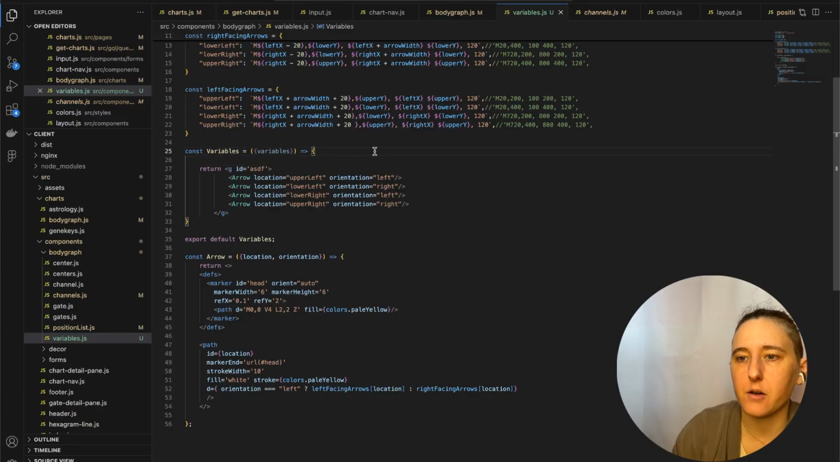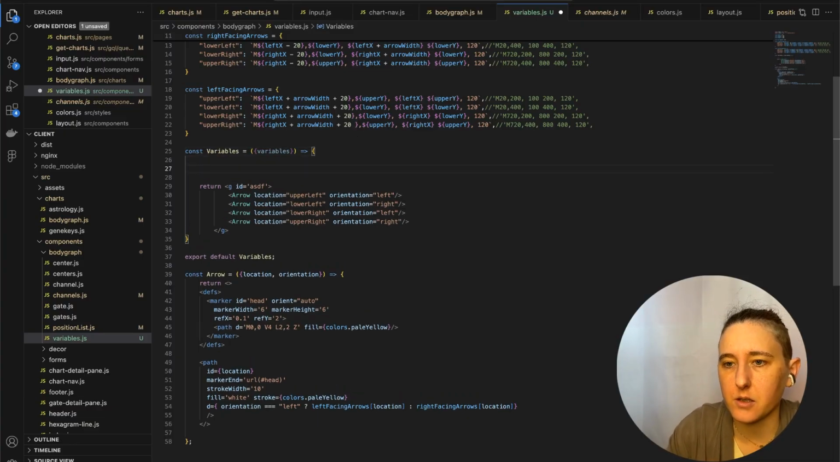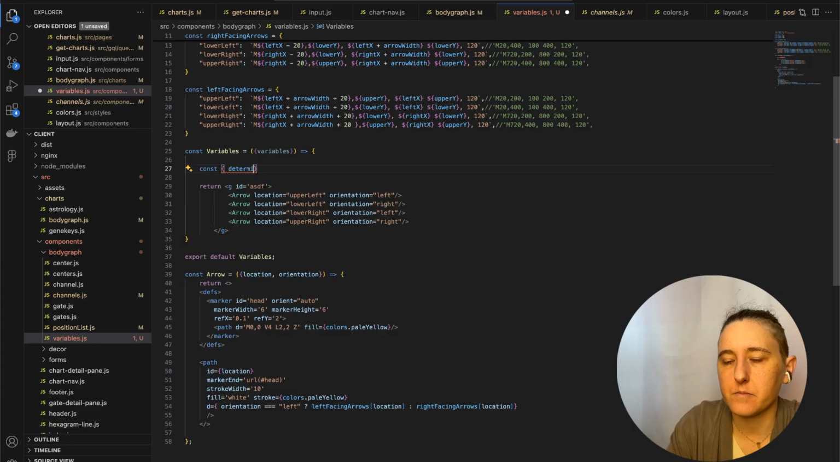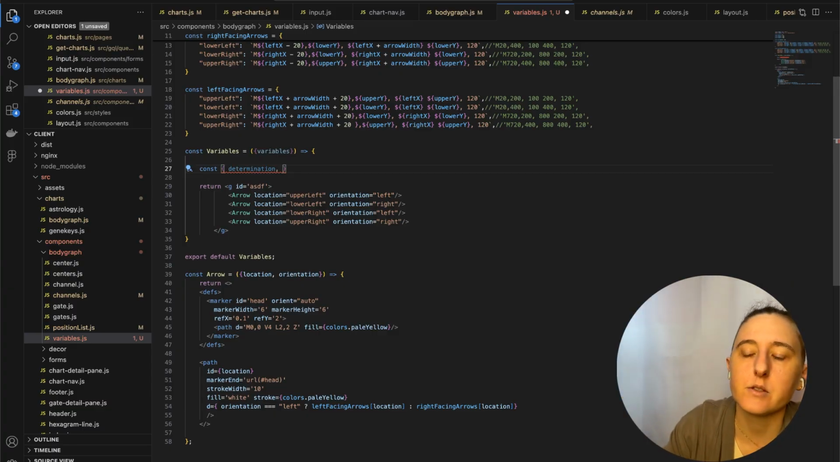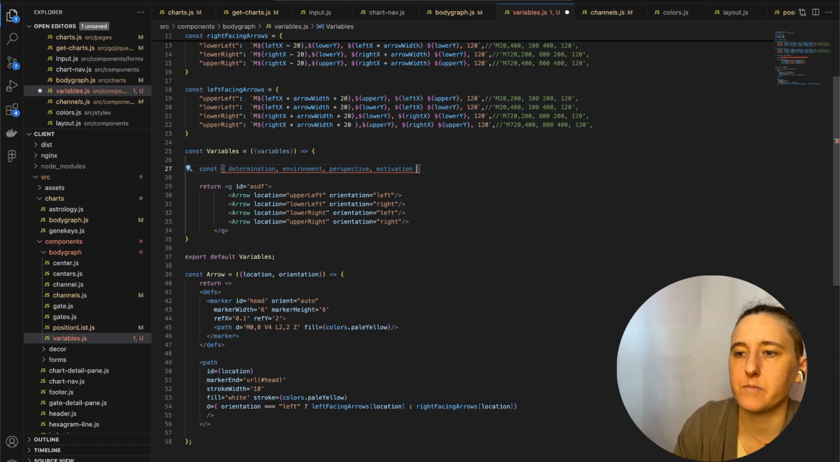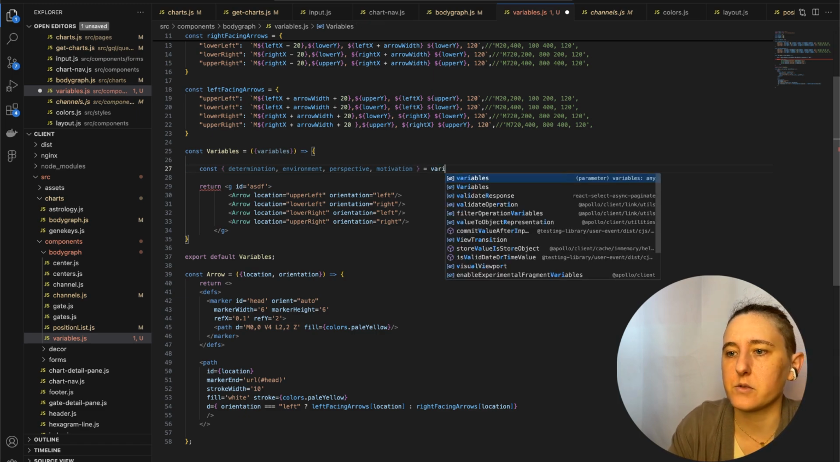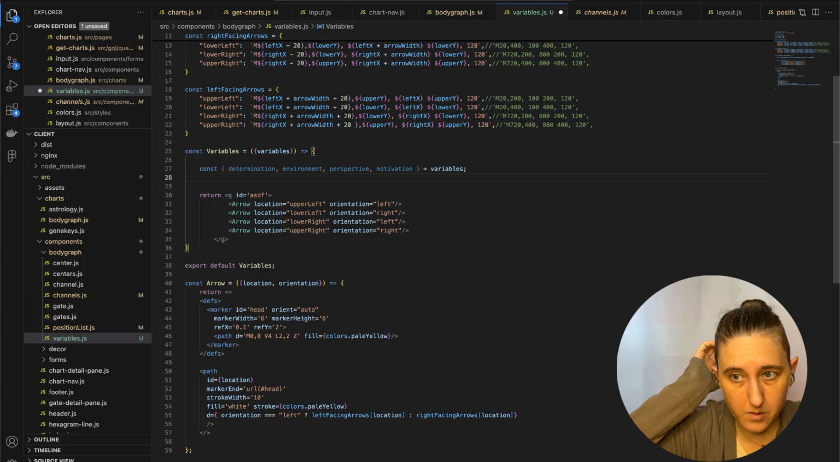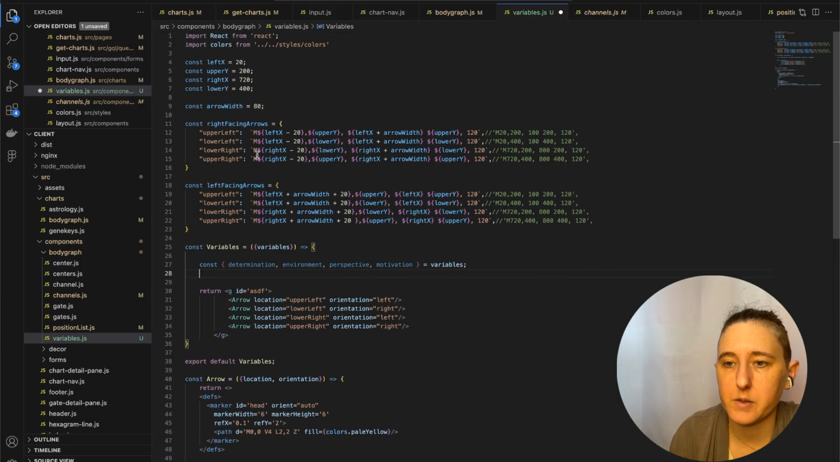Okay, so I think what I'm going to do now is I'm actually going to just extract the variables off of the variable that we're passing in. So we have determination, environment, motivation, perspective, motivation equals variables. And then what this, we need to map. So